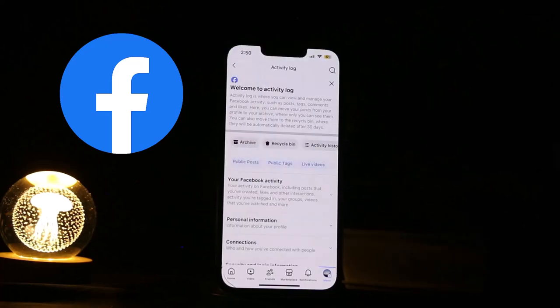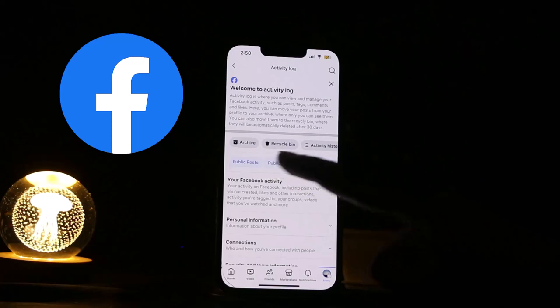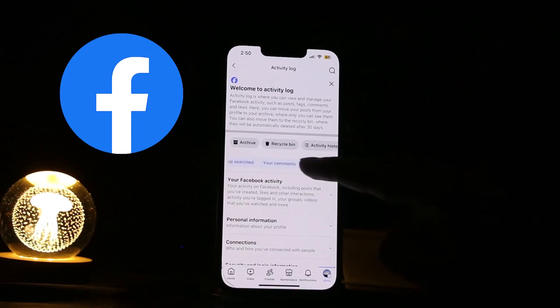and from here click on the option of activity log. So under the activity log, you can view and manage your Facebook activities such as posts, tags, comments, and likes, and you can also move your post from your profile to your archive and all of it. So to find the comment, you'll see the option of like, public posts, public tags, live videos, and all of it. So scroll from here towards the left side,